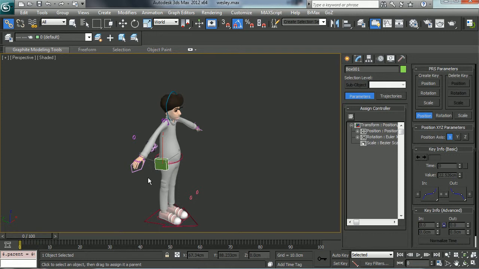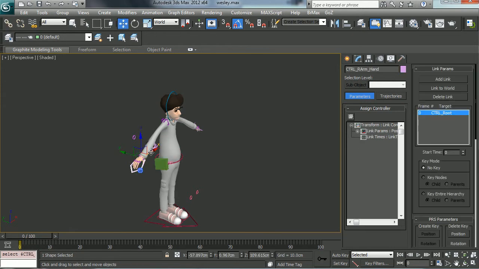But typically you wouldn't use anything else around the hand. A lot of times people will put a little pointer or helper object right there for these sort of attachments. But in our case, we have the palm of the hand, and we also have the control object here. Okay, so now with this linked together, as I move the hand, the box will move with it,